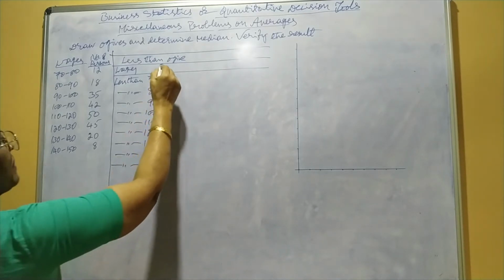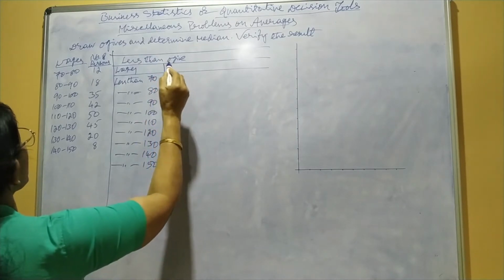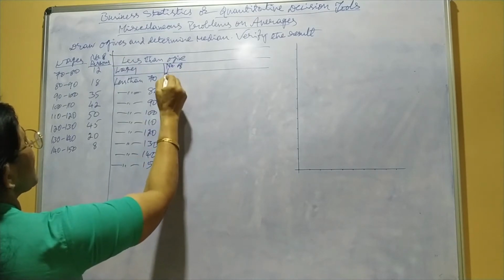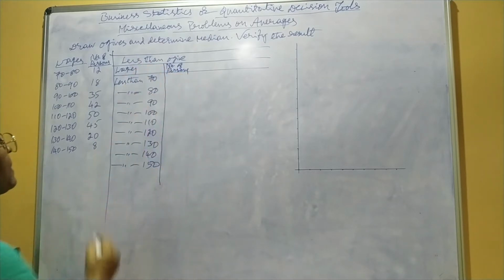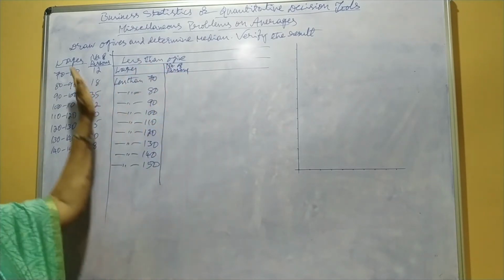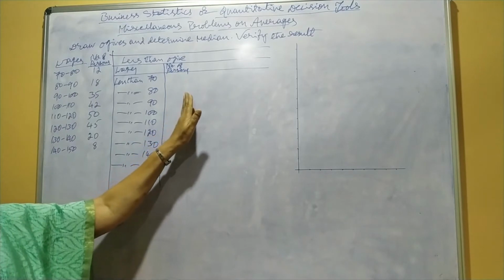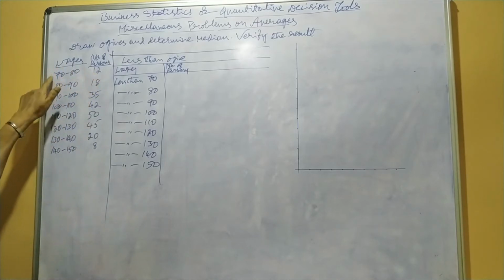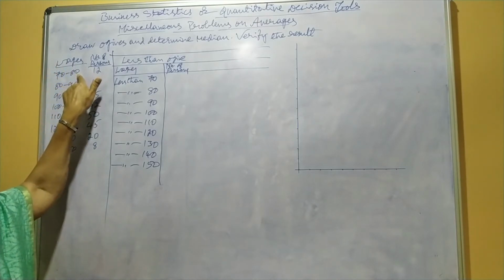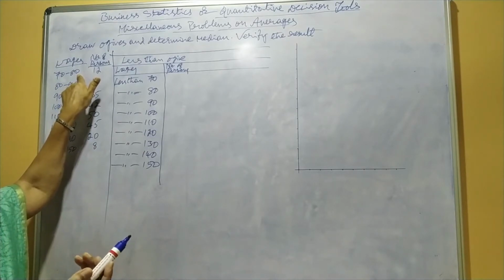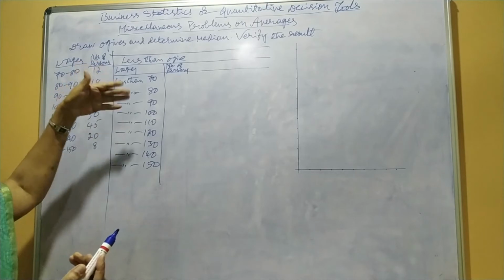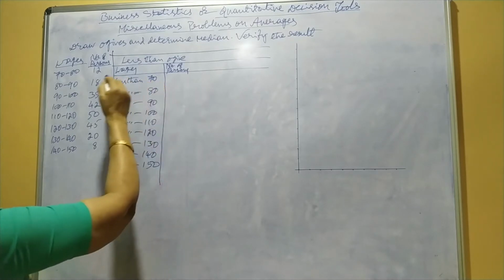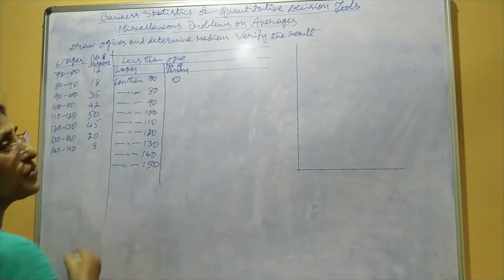Okay. Now we have to take cumulative frequencies, that is the number of persons. When we take less than, we cannot take these ordinary frequencies; we have to take cumulative frequencies. Now, 12 persons' wages are more than 70 but less than 80. Here, less than 70, no workers, no number of persons. That means the number of persons whose wages are less than 70 is 0.